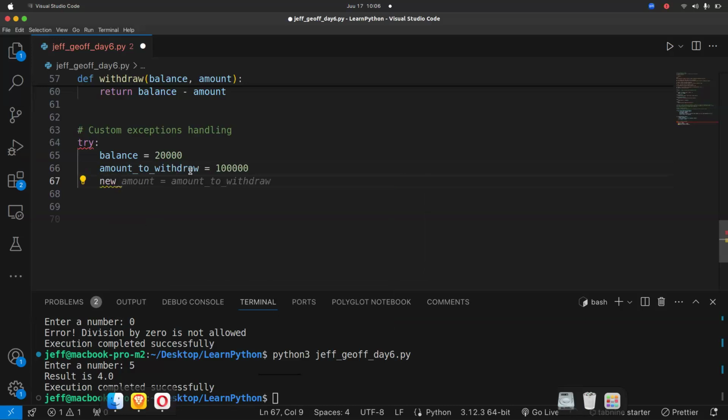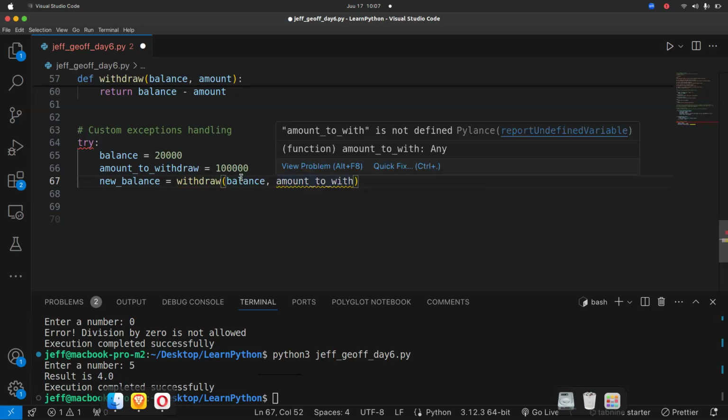Which is going to be, if you have installed Copilot, please be very careful when writing your code. Sometimes you keep pressing tab and you throw in only errors. Amount to withdraw.